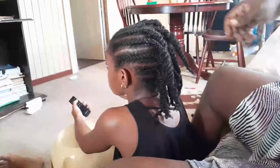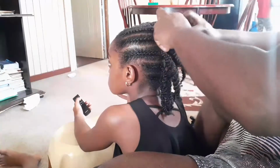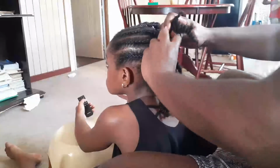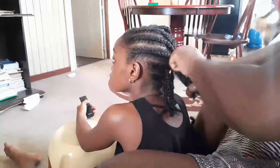One down and 3 to go. Another thing I do a lot, I do protective style. So this will not stay flying like this. I will plait it in so I can keep the ends tucked in and tight